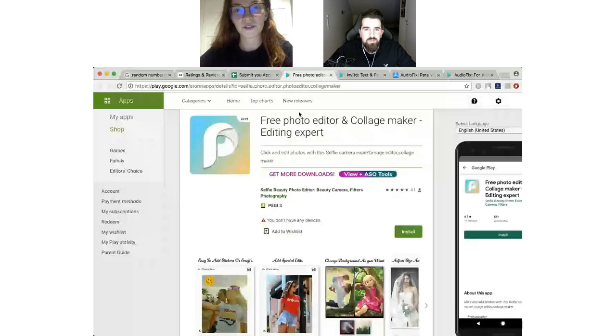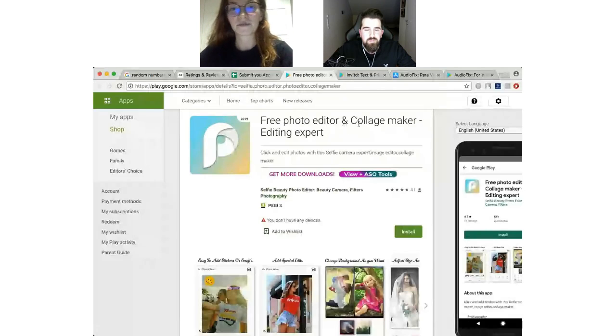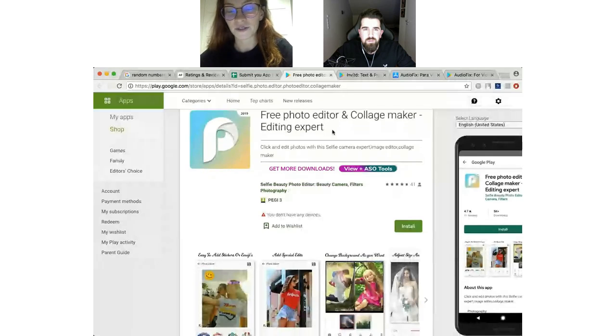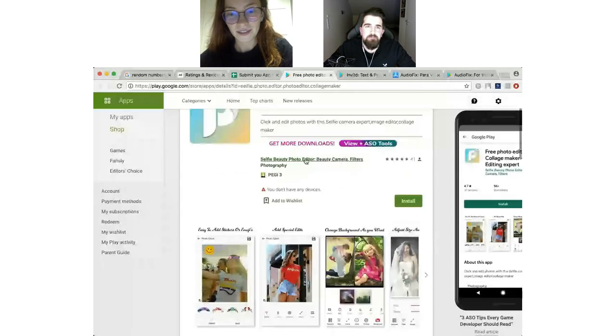But actually, from the ASO point of view, the app name is very good. So the collage maker, editing maker, and editing collage, but still there is a duplication of the word. So there are some points for growth here, but still the app name is quite okay in ASO terms.